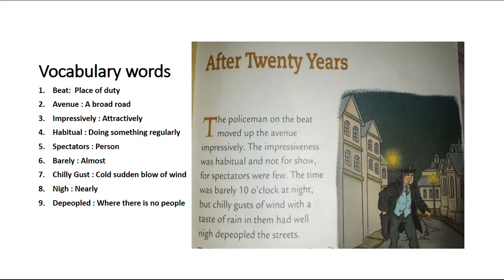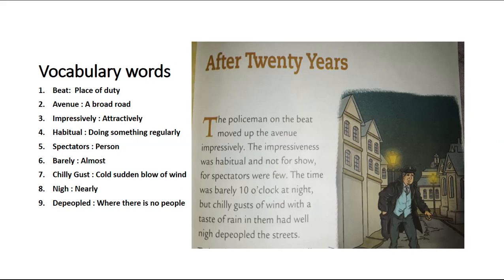Number one word is beat, meaning place of duty. Number two word is avenue, a broad road. Number three, impressively, means attractively. Number four, habitual, doing something regularly. Number five, spectators, means persons watching. Number six, barely,